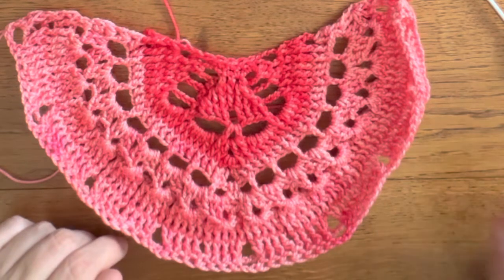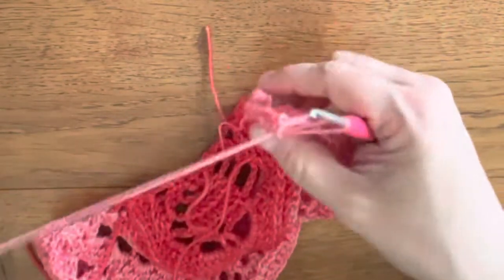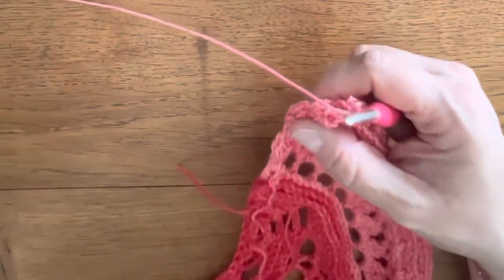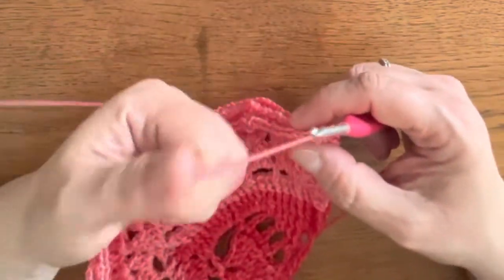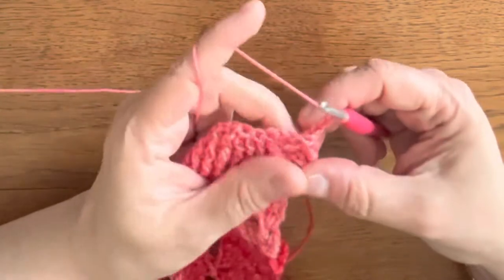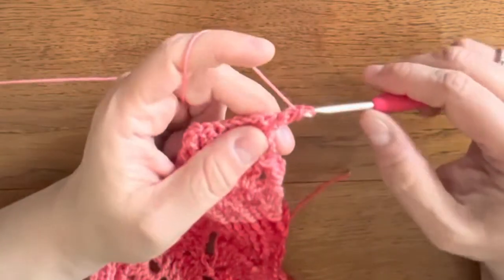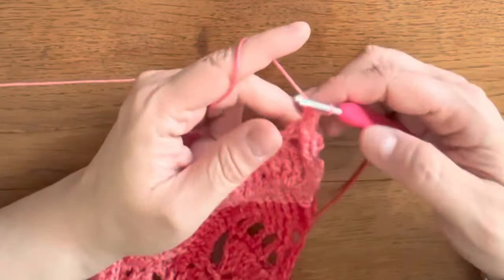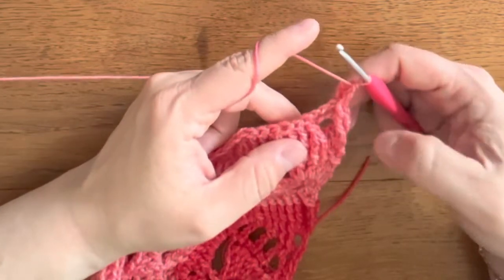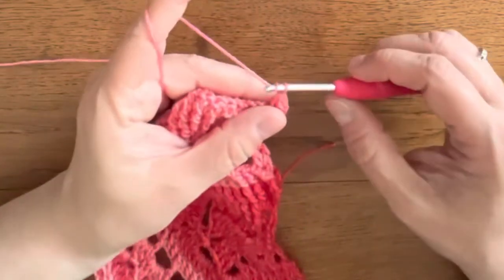Now, row number 16. For row number 16, we're going to chain 2, flip your work to the right side, and we're making a front post double crochet around the first 2 stitches, 1 and 2, and now we make a chain 5,